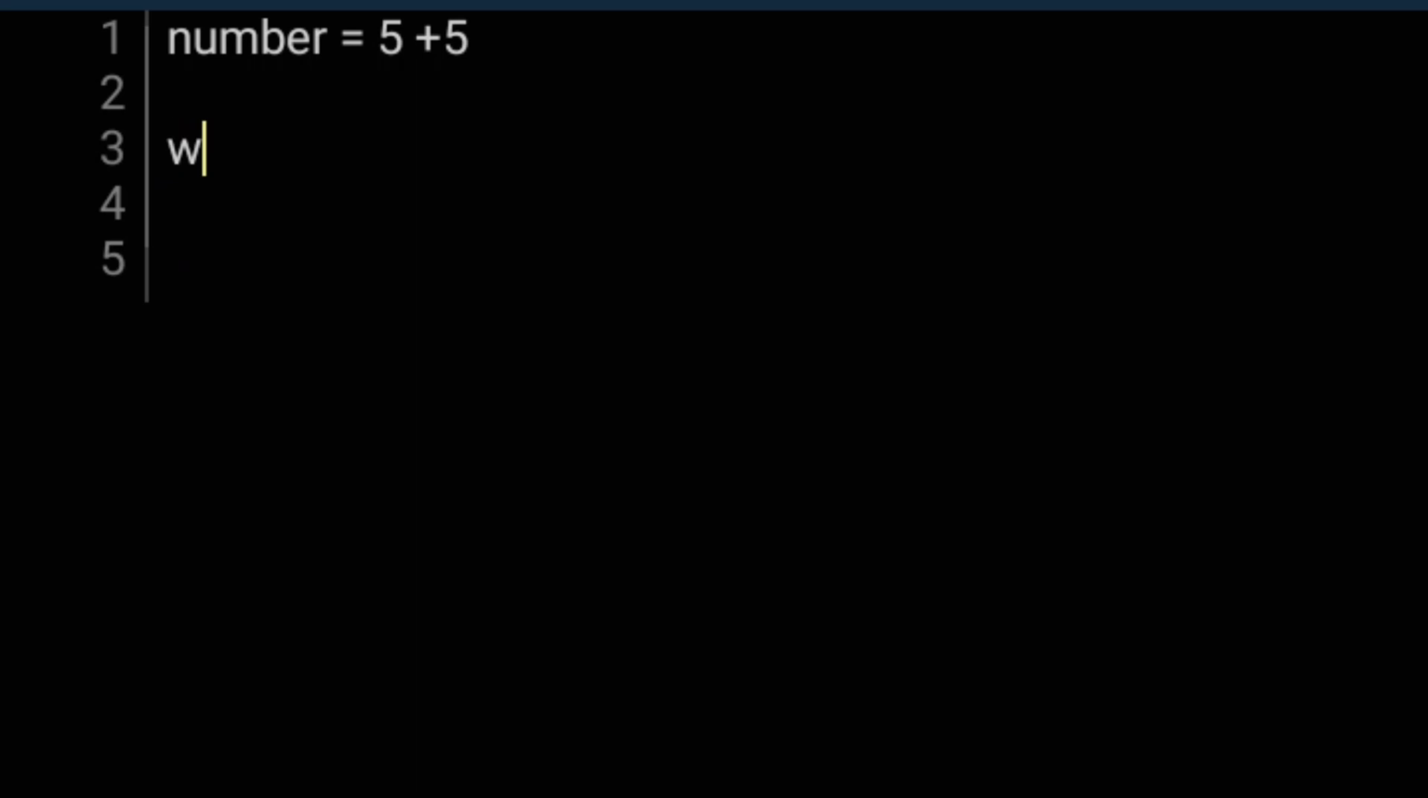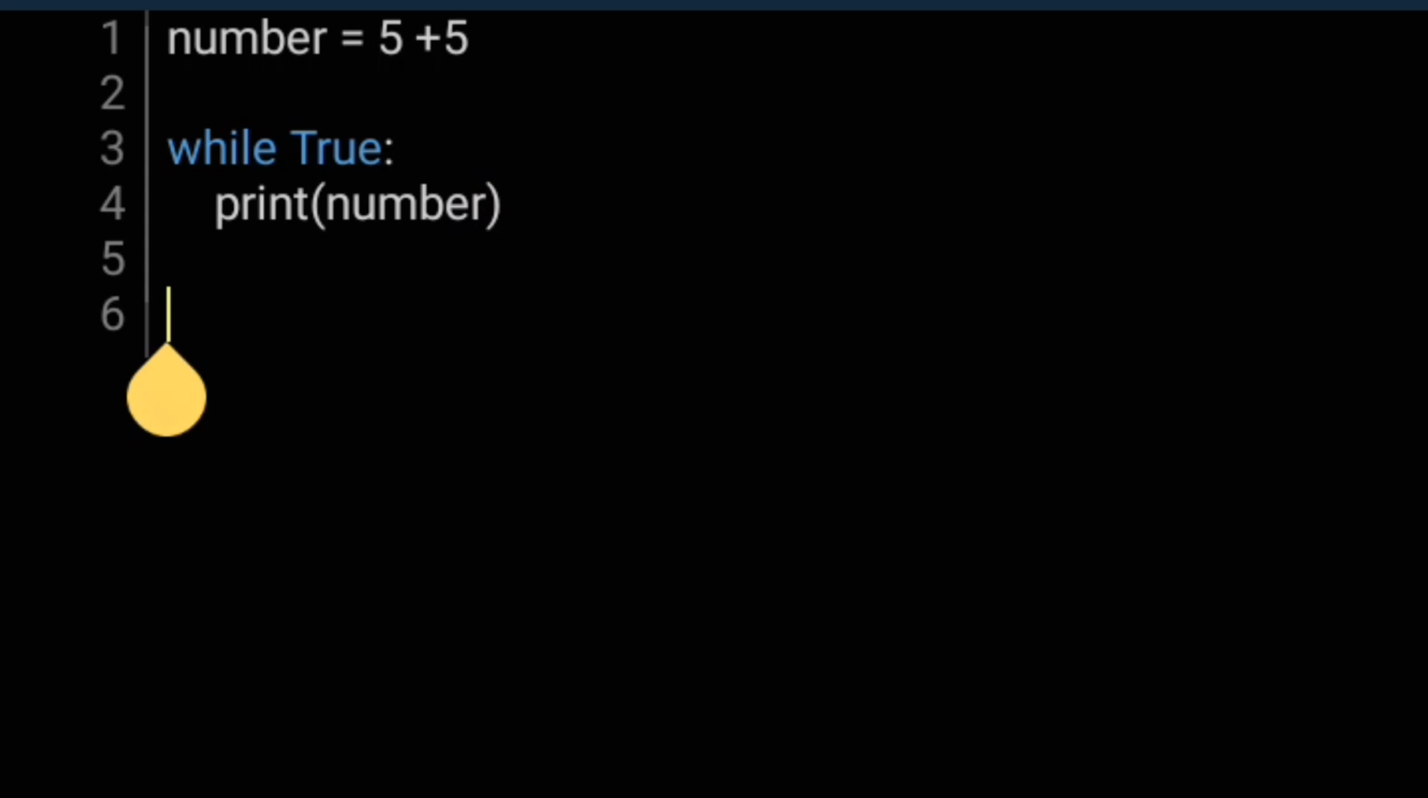Alright, so here's how you write a while loop. Let's say while true, print the variable number. This loop is going to print number. That means it's going to print 10, 10, 10 as long as